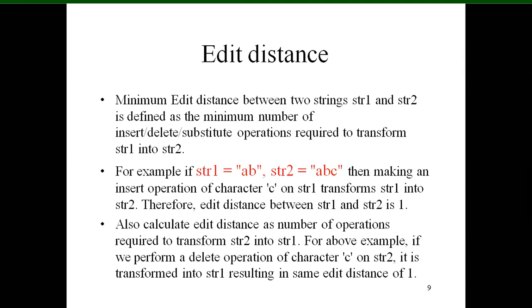Only one operation we have performed. So to convert str1 into str2 or str2 into str1, only one operation is enough. So edit distance is 1. If we perform a delete operation of character C on str2, it is transformed into str1, resulting in the same edit distance of 1.